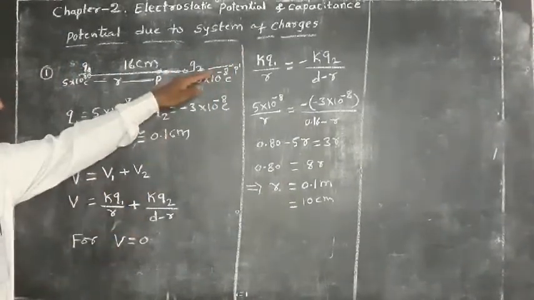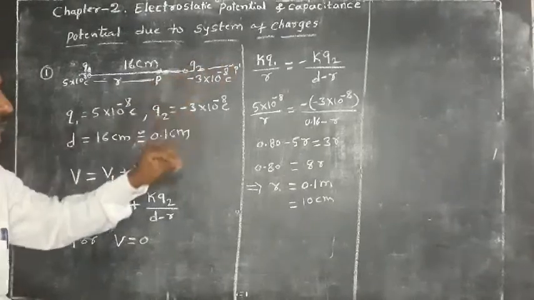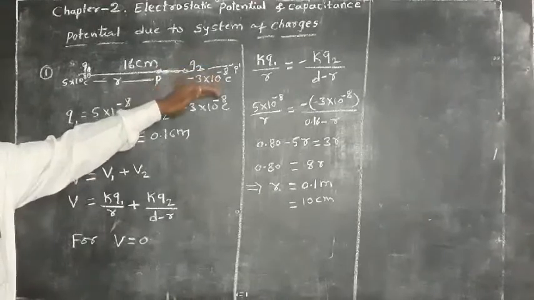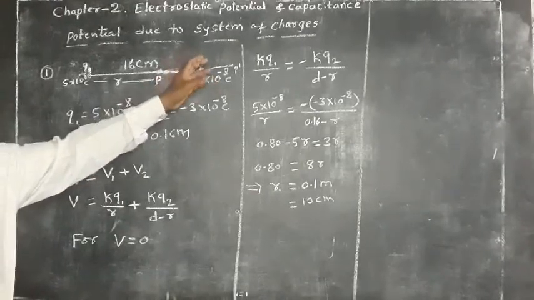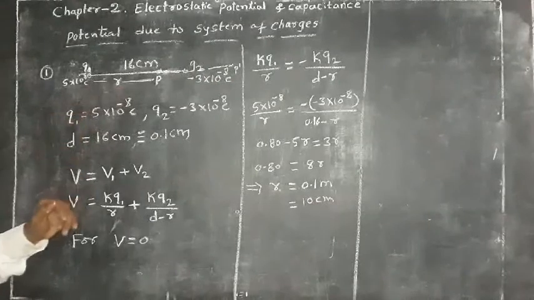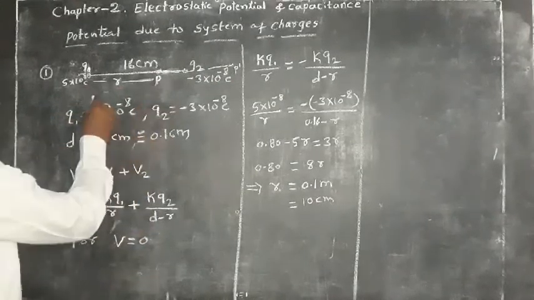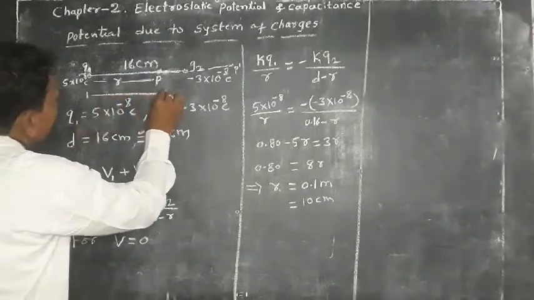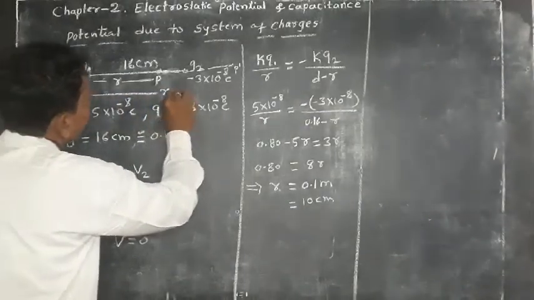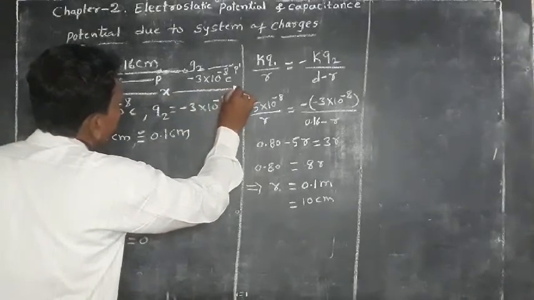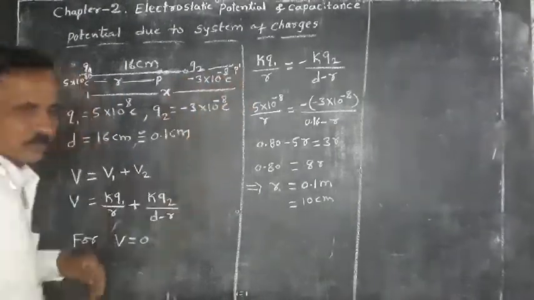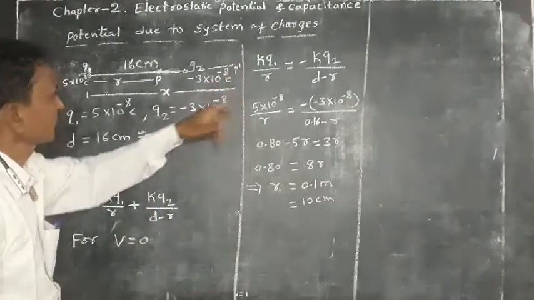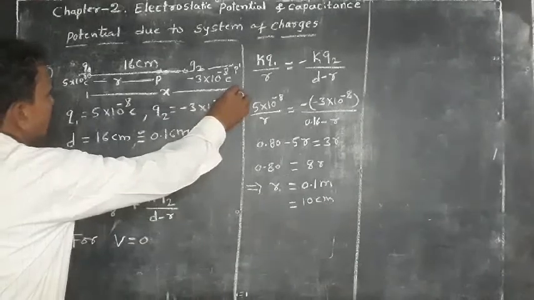And this condition is satisfied if potential at infinity is equal to 0. And we have considered here potential at infinity equal to 0. And this point P dash is at a distance of x. x be the distance of the point outside the system, then